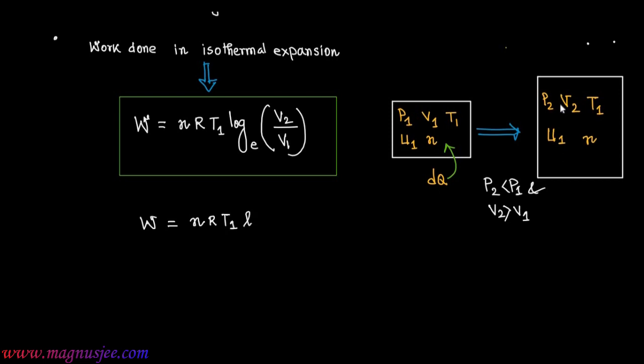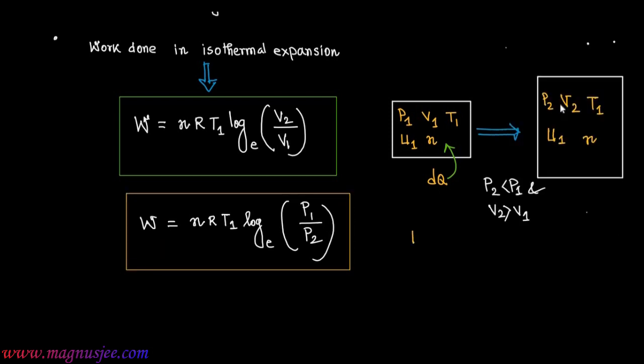Work done has another expression, that is W equal nRT1 log base e P1 by P2, initial pressure by final pressure. Since we know that according to Boyle's law, P1 V1 is equal to P2 V2, V2 by V1 will be equal to P1 by P2. And the third expression of work done in isothermal expansion of an ideal gas